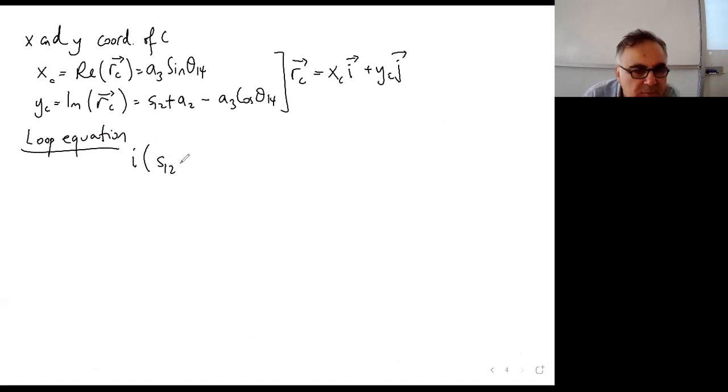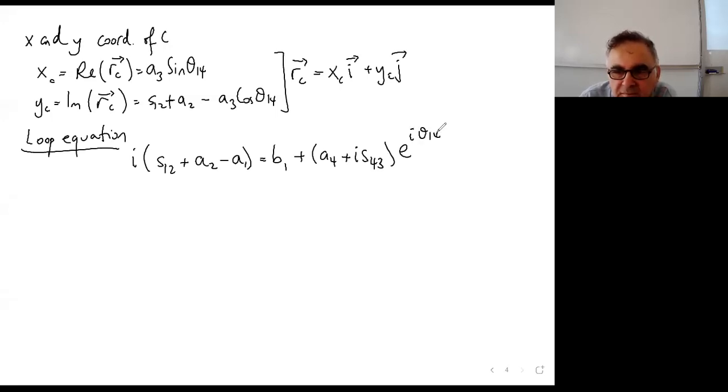i S12 plus A2 minus A1 is equal to E1 plus A4 plus i S43 e to the i theta 1 4. Actually, it comes out to be not too difficult, okay? The loop equation is this one. And there are many constants here. So when we take the velocity equation, or if you want to find the velocity, you just take the d by dt of the loop equation. And what you get is